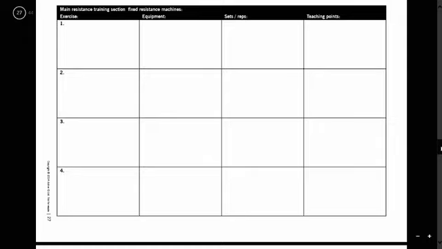Then come down, and we've got the main resistance training. So this here is fixed resistance machines, and I'm going to choose 4. So you've got 4 going down the page. I'm going to choose 4 exercises for my client using fixed resistance machines. Okay, so my client's a cyclist and predominantly is looking to increase his leg strength, alright? And what you guys need to be doing as well, even if you've got someone whose goal is maybe to increase upper body strength, this needs to be a total body workout.